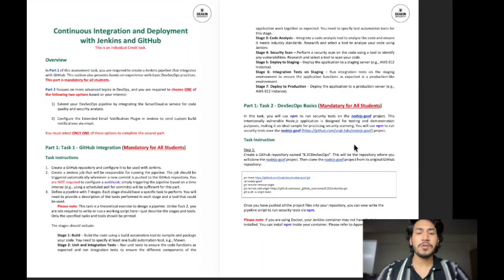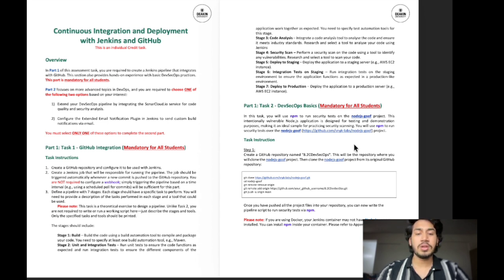I am a student of the Center for Global Education at Chitkara University in collaboration with Deakin University, Australia. Today I am demonstrating my video for task 7.4D of SIT 223, which is Professional Development for Engineers. In this video I am going to show my work on building a CI/CD pipeline, which I made using Jenkins and GitHub.